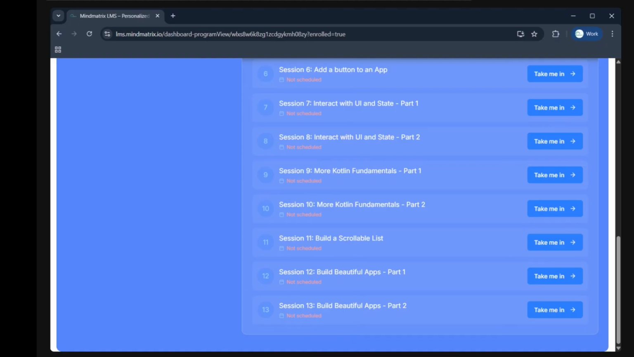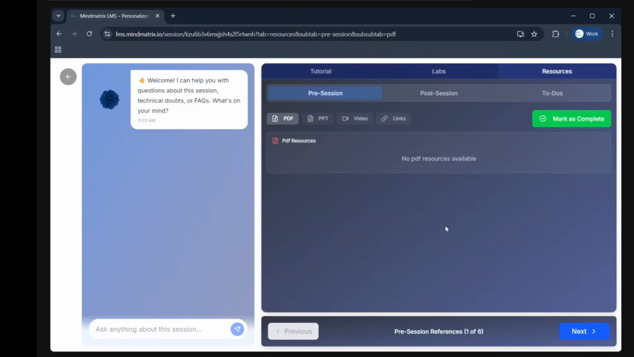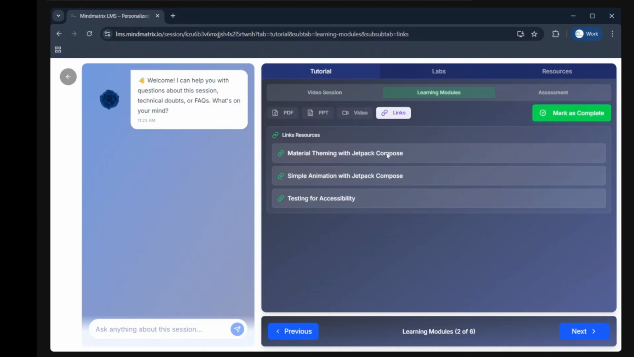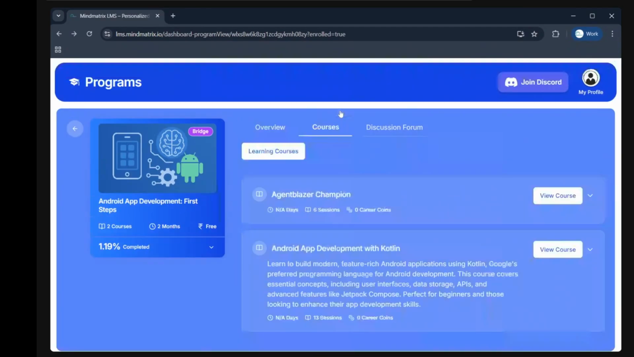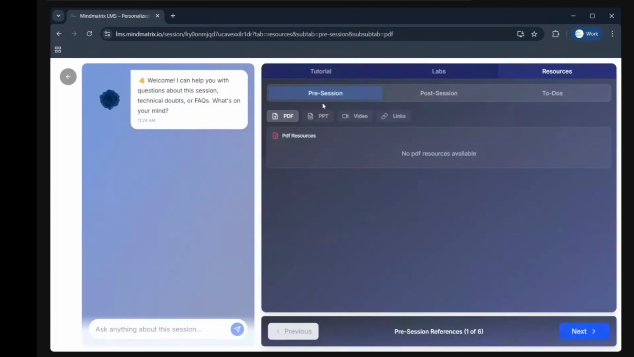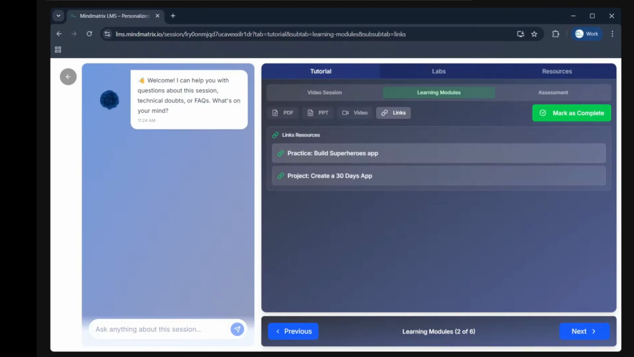Now we are going with session 12, which is building beautiful apps, part 1. Session 12 and 13 are basically a continuation of each other. As you can see, session 12 part 1 has 3 code labs, whereas part 2 of building beautiful apps, session 13, has 2 code labs. So we have to majorly concentrate on the 3 code labs of session 12,